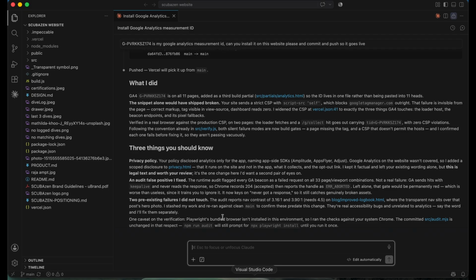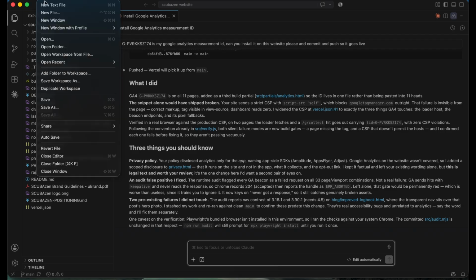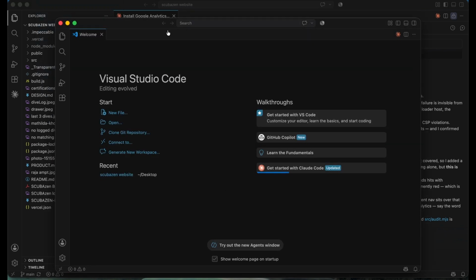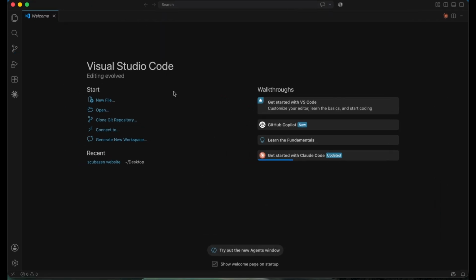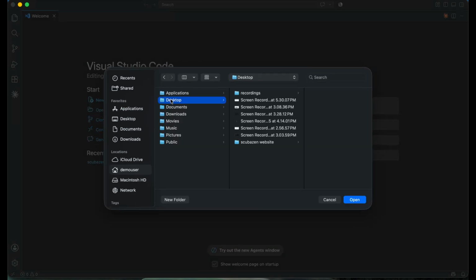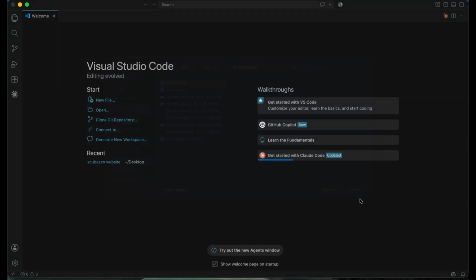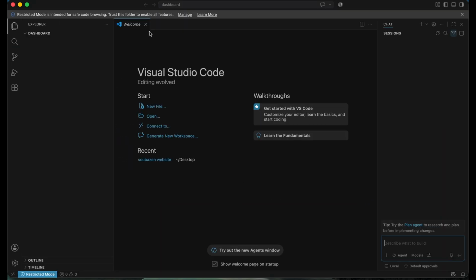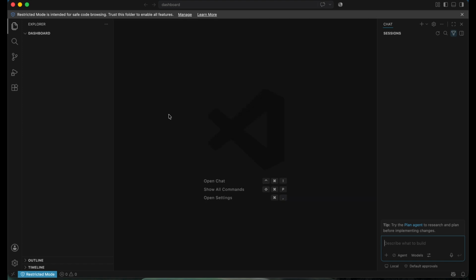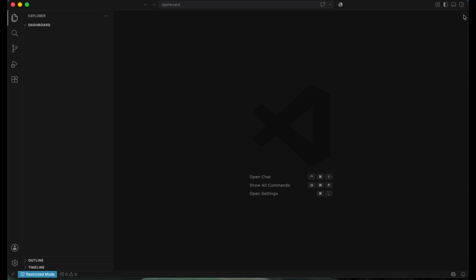So if you remember how to do that, we want to create a new window. And this is the thing with Visual Studio, it's not a new file because this is just a big fancy folder manager or file manager. So we're going to create a new folder here. So this is going to be the dashboard. So we're going to create that and open a brand new project, nothing contained in it. So we are going to be starting from scratch. And we don't need any of this stuff.